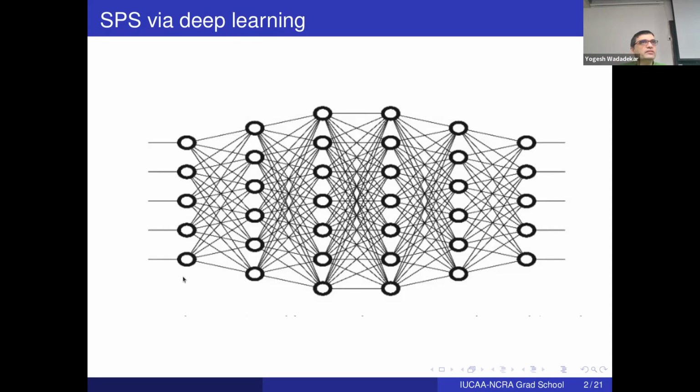Obviously, it's a function. Some complicated nonlinear function of the input parameters is your output parameter. Okay, but in stellar population synthesis, you try to determine that function using the laws of physics. Here you say that, okay, we don't care, whatever be the laws of physics, this is the input, this gives empirically, this gives me the output. Okay,